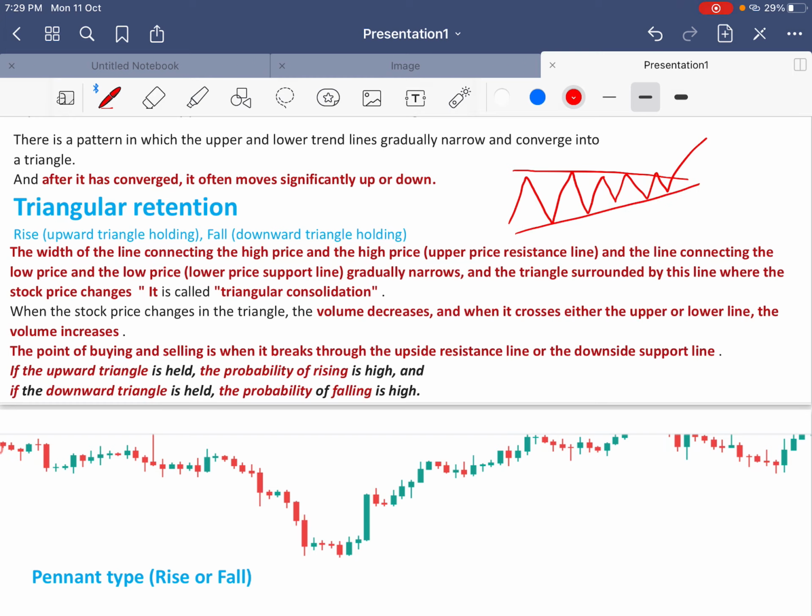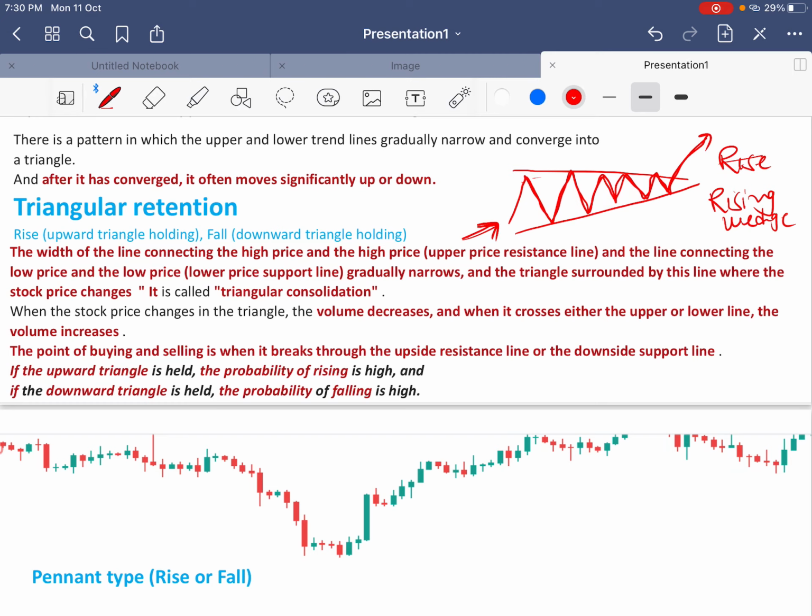So if the trade is trending in a bullish trend, this implies that the trend might continue on the upper side, and it might break out of this triangle from this point to the upper side. So this is a rising wedge pattern, or you can say an upward triangle, and it might generate a bullish trend in the coming trading session.